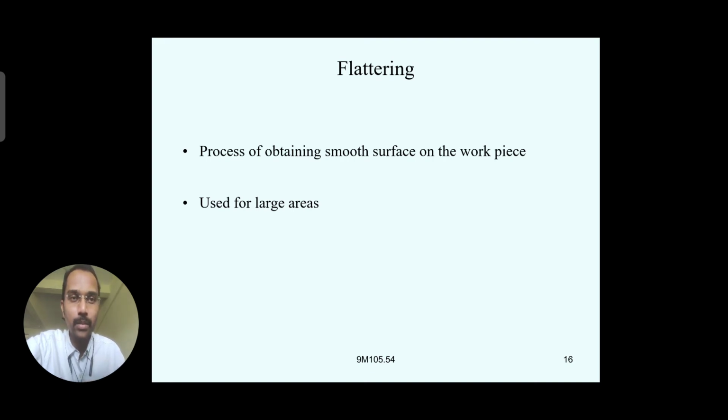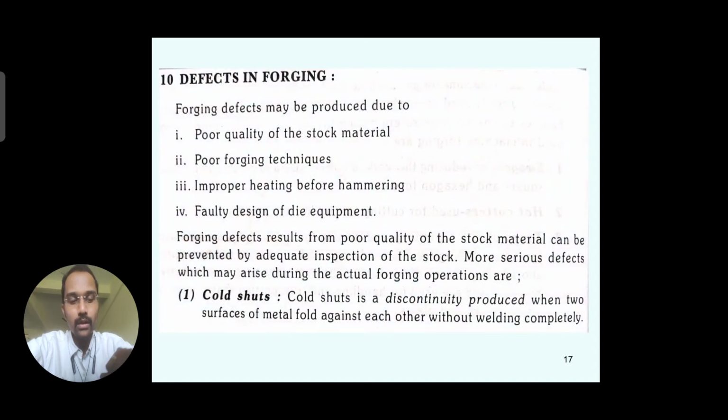When there is a congested space, then we can go for the set hammer. For small spaces, if you want to make that particular space flat, generally you can prefer the set hammers. Flattering is most suitable for a large area which has to be flattened. On the flatter we can strike with the help of the sledgehammer, then it can make the surface flat. So these are the different operations which are carried out